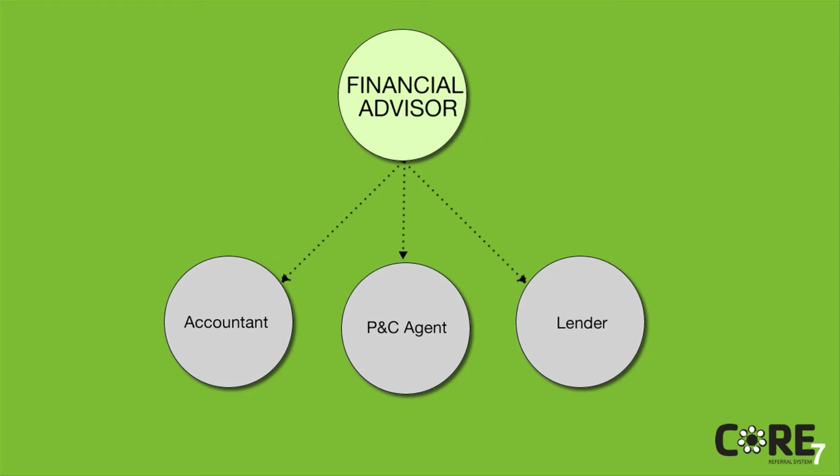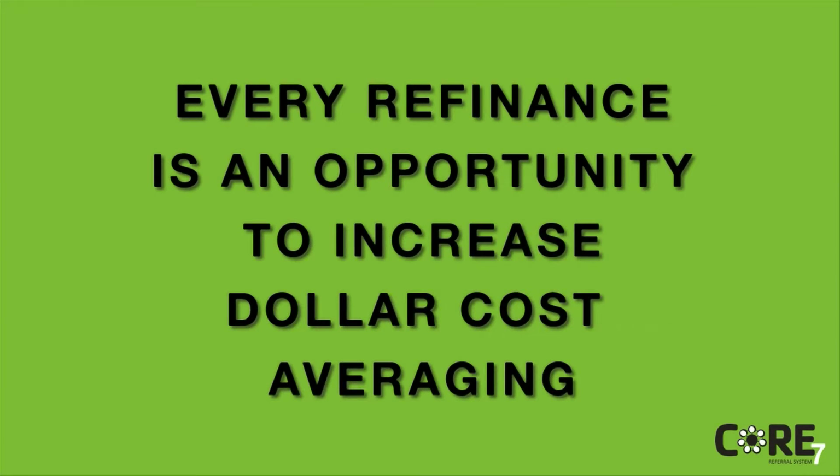There's a fantastic opportunity for the mortgage originator and for the financial advisor that I think's overlooked. Every single time that cash flow is freed up for a client, there's an opportunity to reposition this money for investment. If a client lowers their monthly payment by refinancing, they can increase their monthly dollar cost averaging by the amount they're saving. With the Core 7 system, this is systematic and can really make a difference for your clients. Because as we know, incremental investment can grow to a small fortune over time.